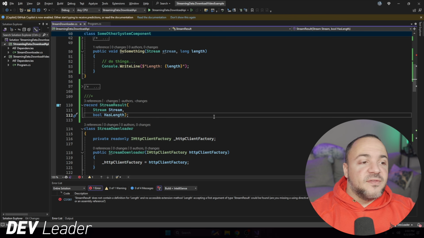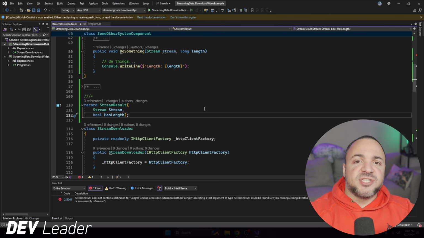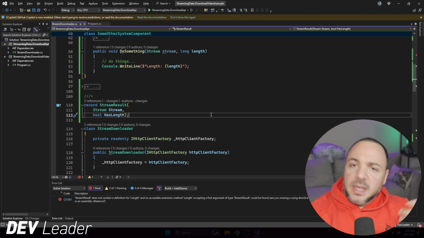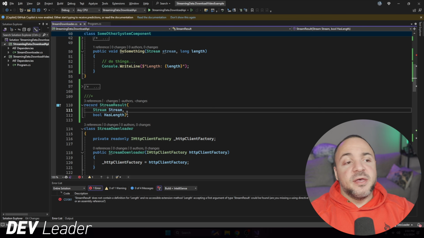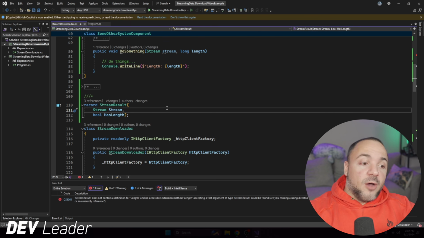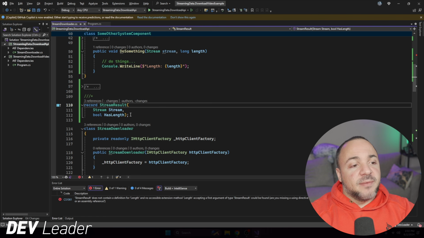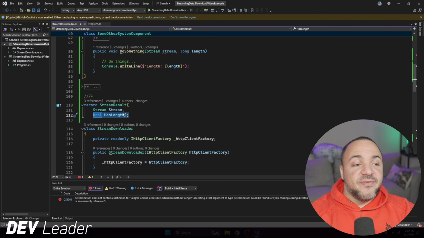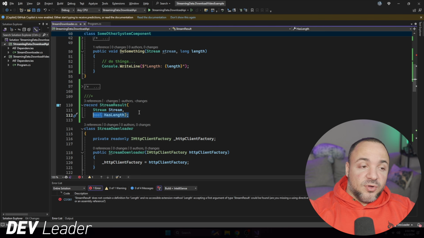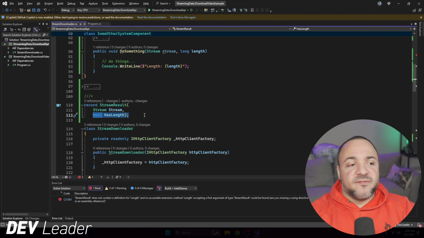So in my code now, I'm going to flip over to the other implementation of Stream Downloader. Okay, this next variation is going to be very similar, but there's a couple of differences, in particular around the return type. So stream result is still an object that I'm using as the response type, and you can see that instead of having the length that's nullable in the stream result, it just has a flag as to